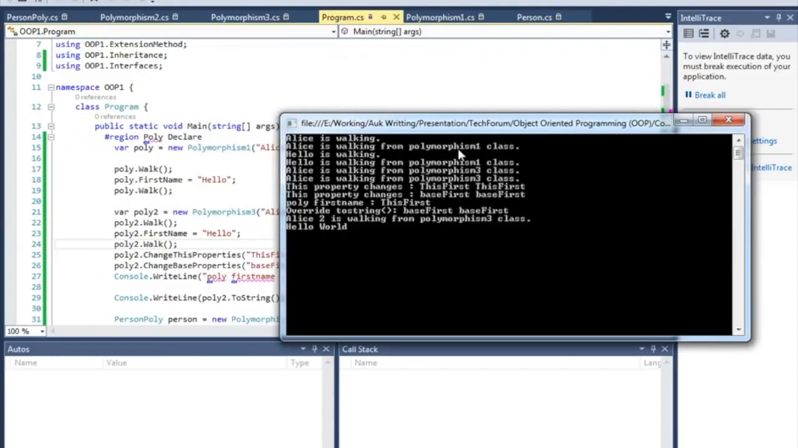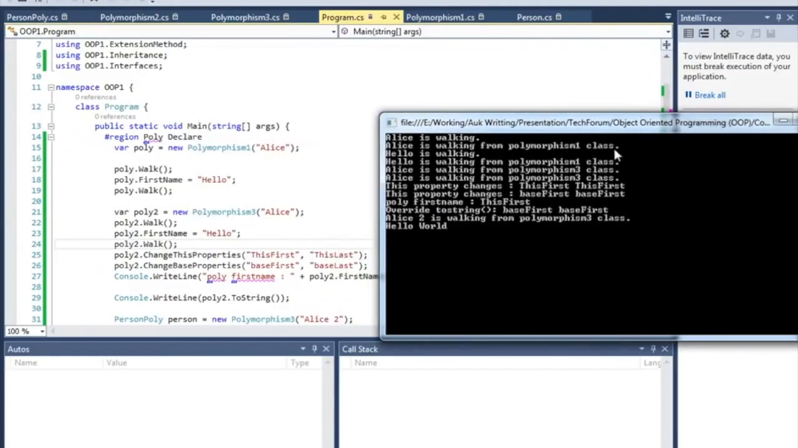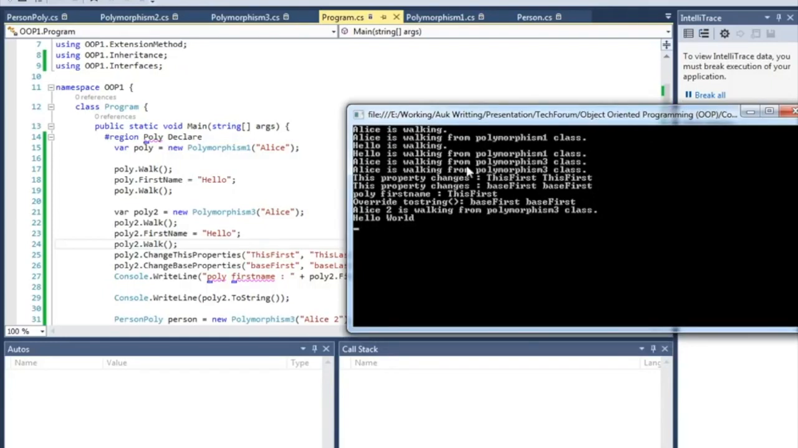See that Alice is working from the Polymorphism1 class by this method, and we change the Alice name to Hello, and then Hello is working from the Polymorphism1 class. Yeah, Hello is working from the Polymorphism1 class. So far that's correct. So after that we are creating the Polymorphism3 class, where we are calling